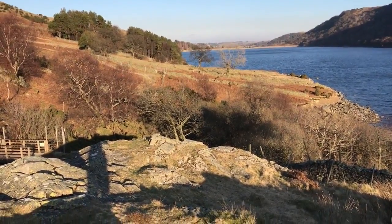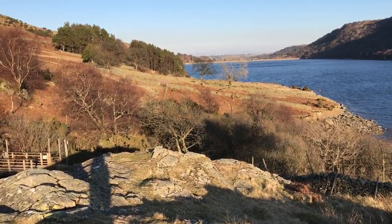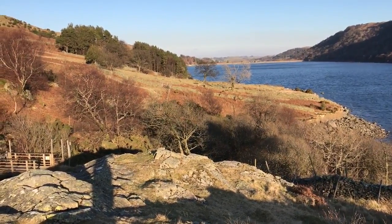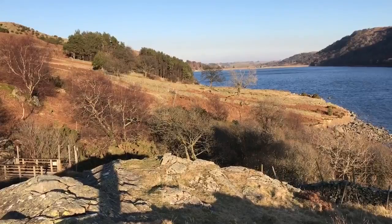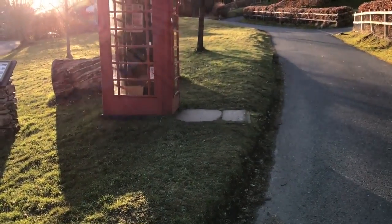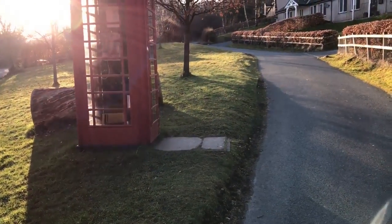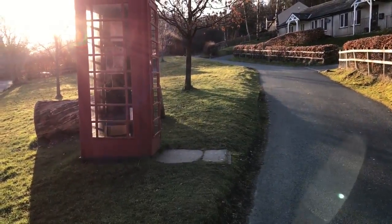Just realised that I must have pressed the stop button rather than the lap button at the start of this lake, so I'm not quite sure how far I've run since on the lakeside. Okay, so we've come down from Haweswater to a little S-bend through the little houses and onto this